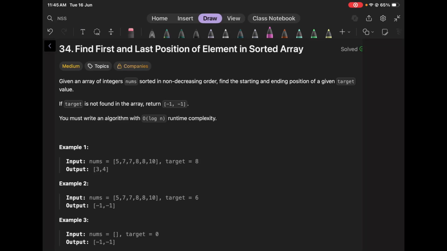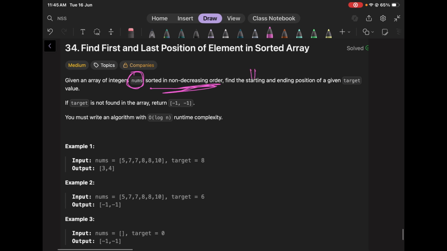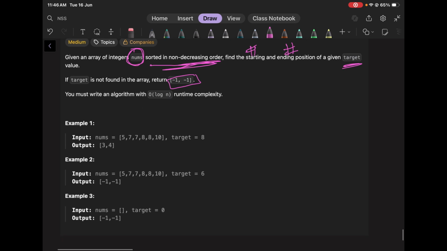LeetCode question 34. I need to find the first and the last position of an element in a sorted array. I'm given an array of integers called nums, sorted in ascending order, that is, non-decreasing order. I need to find the starting position and the ending position of the target. If the target is not found in the array, then I return -1 and -1, and I need to write the algorithm in log